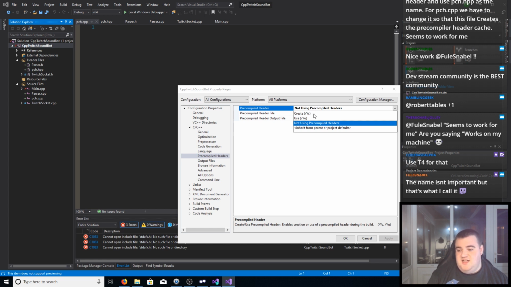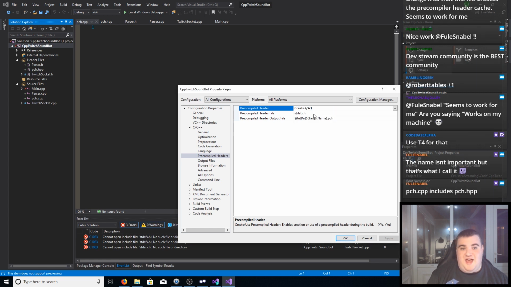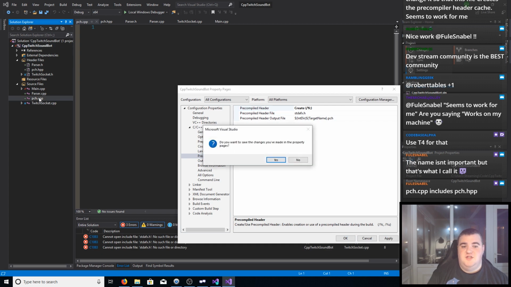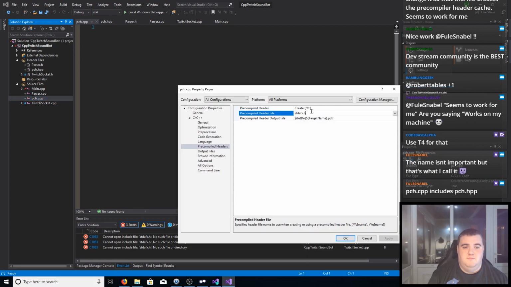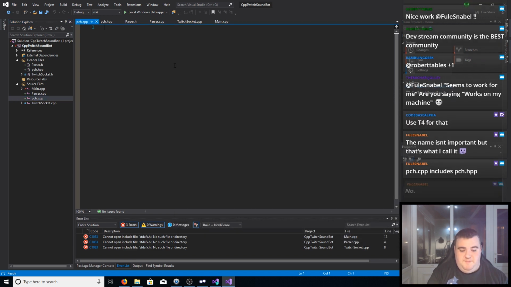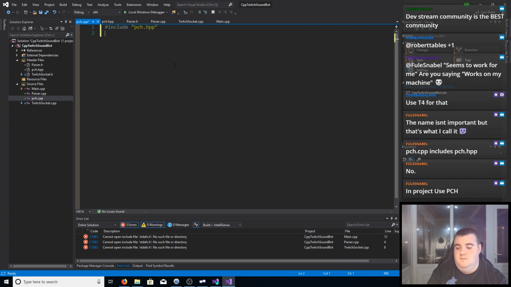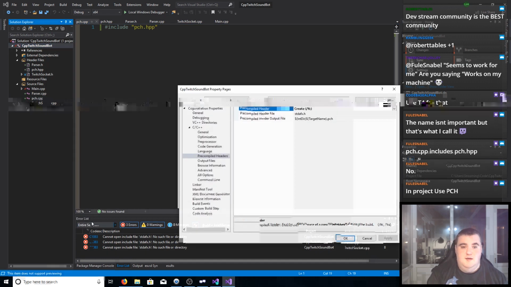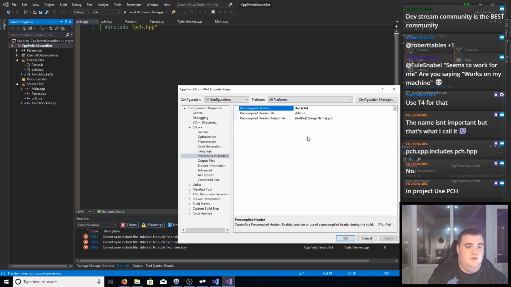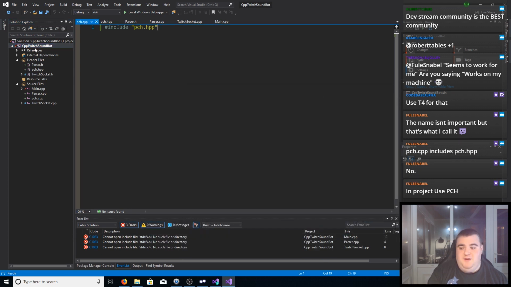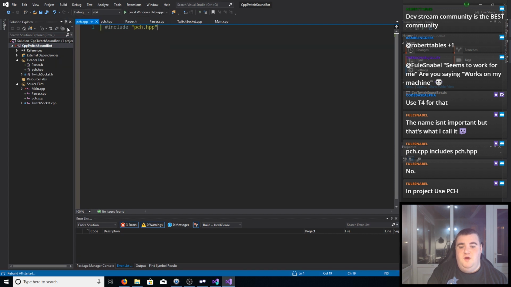So we set it up to create pch.cpp. Hang on. .hpp there for the header file, and then cpp goes include that. In project use pch. Okay, so we don't create it, we use the pch. Fair play. And then if I do a build and rebuild,